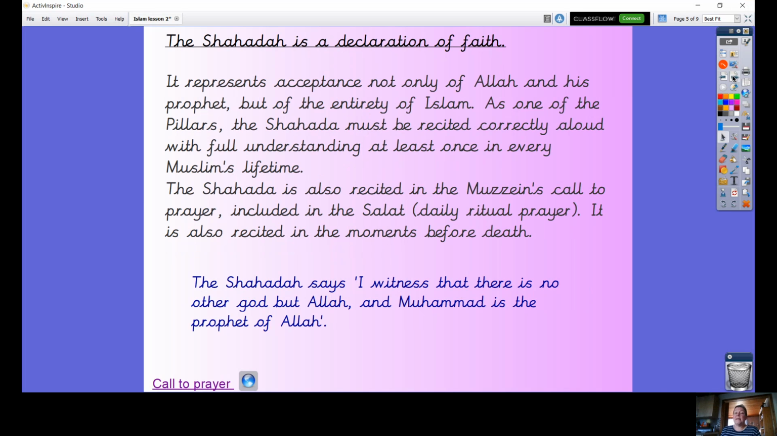Now, this Shahada is the declaration of faith. It is you declaring your faith to Allah. Okay, it represents not only your acceptance of Allah, but of his Prophet, Muhammad as well, and the entirety of Islam. As one of the pillars, the Shahada must be recited correctly, aloud, with full understanding at least once in